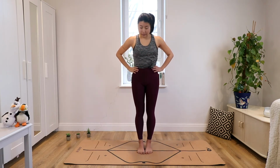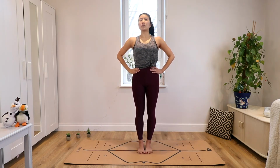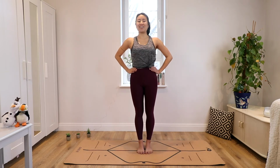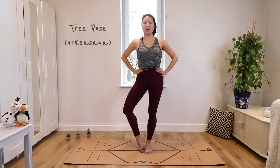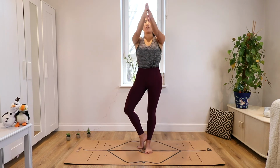First, let's stand in Tadasana and make sure we are standing in a balanced way with 2 feet. So let's make sure the weight is equally distributed across the corners of your feet. Spine straight, tailbone tucked in, core engaged, and then place your hands on your hips. We're going to first do the easy version. So the easiest version is when you simply place your feet like this, so with your heel on the inside of the other ankle. And then you can simply raise your hands